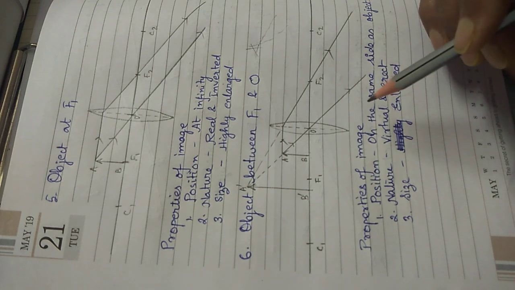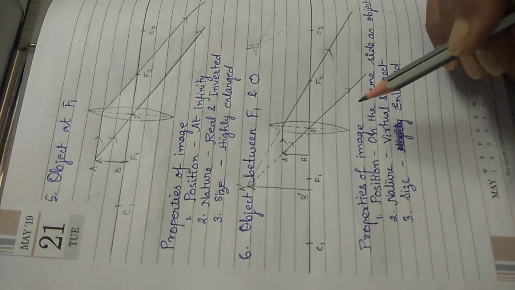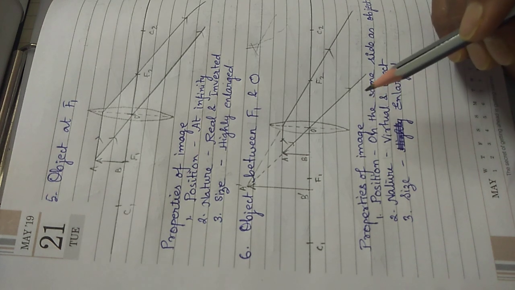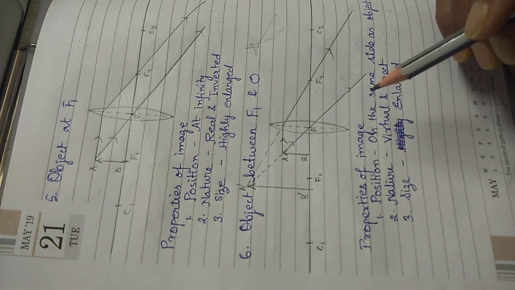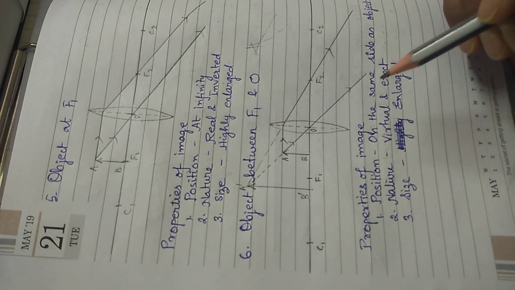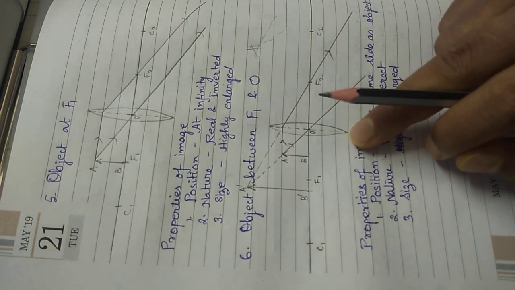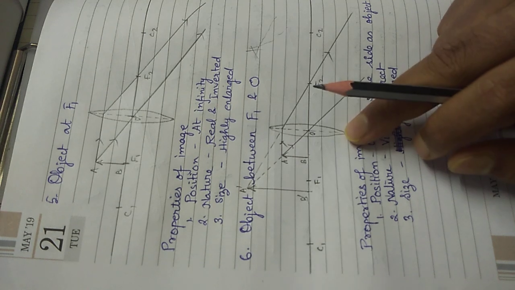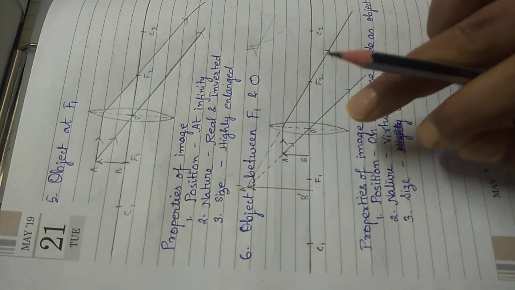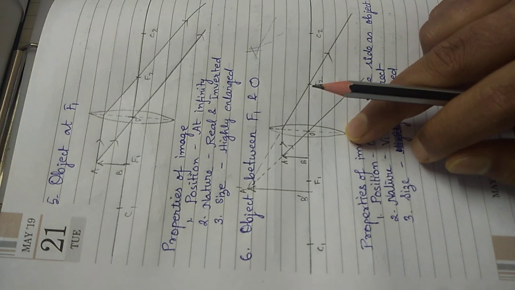Now, where are these lenses used? Convex lenses are mostly used in binoculars and magnifying lenses, then microscopes, and even in spectacles. However, this position that you can see is a very special position, because this is the ray diagram for the image formed when you are viewing any object with the help of a magnifying glass.